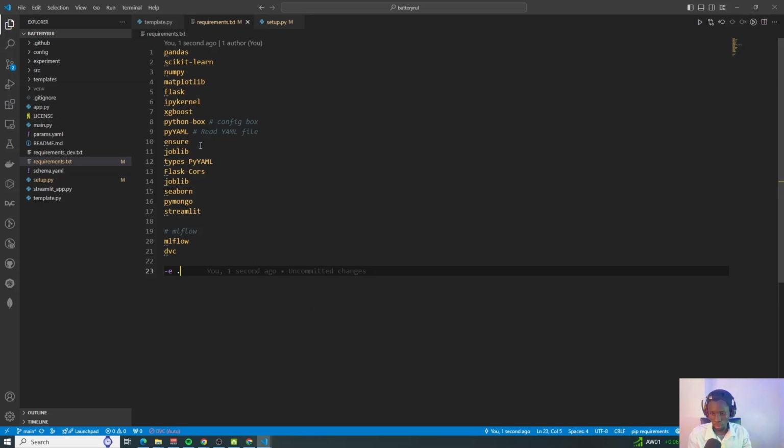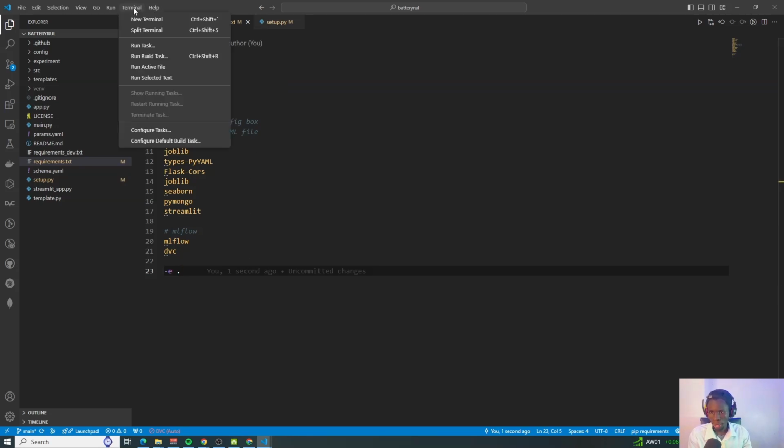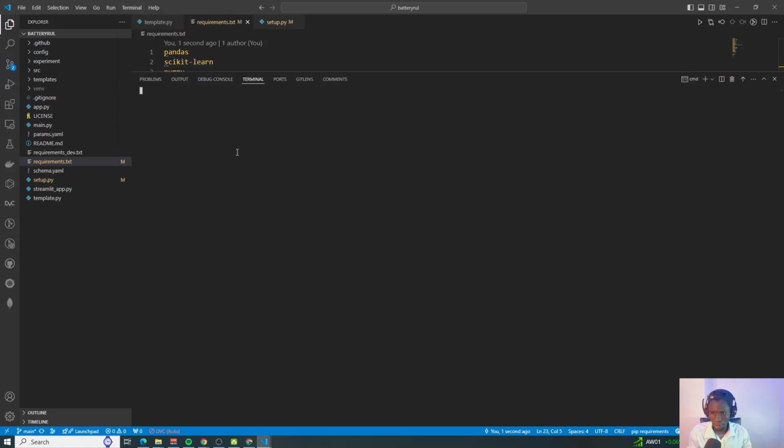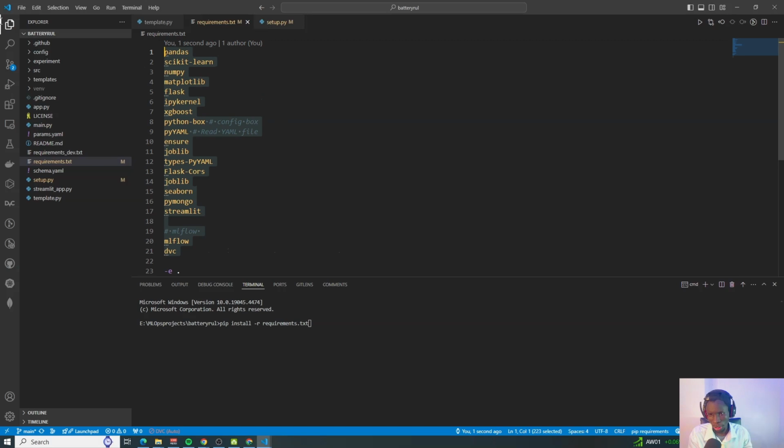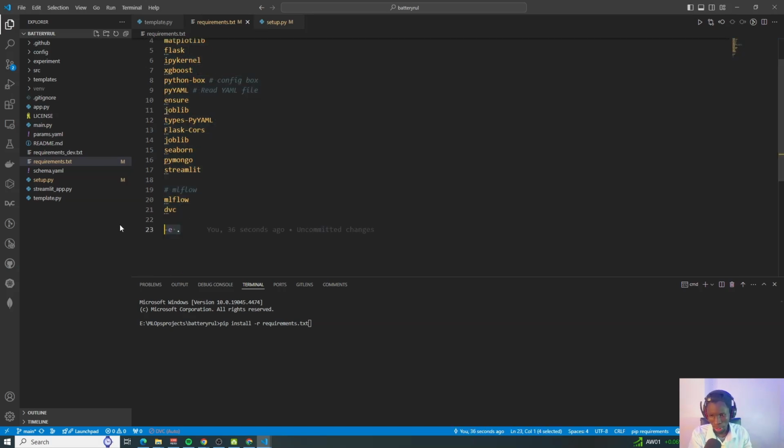To install these requirements, we need to run a command. So the command will be pip install -r requirements.txt. So pip install requirements.txt. So it will find this file and it will install all these dependencies. Okay. -e dot ensures that this is considered as